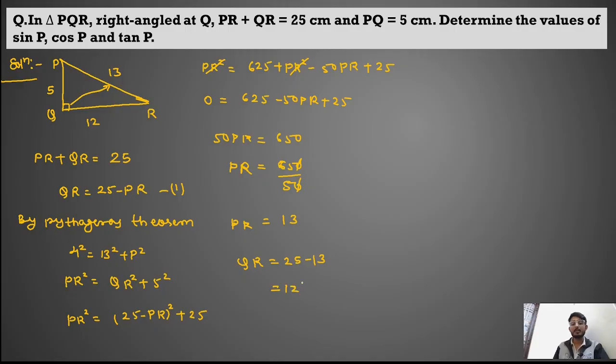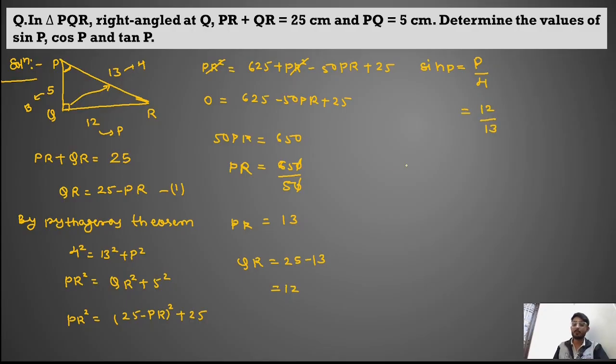Okay. Now you have to find the value of sin P, cos P and tan P. Whenever you form angle P, wherever the angle is formed, this is known as the base. It means 5 is the base, 13 is the hypotenuse and 12 is the perpendicular. Now find the value of each trigonometric ratio. Sin P equals perpendicular upon hypotenuse. Perpendicular is 12 and hypotenuse is 13.